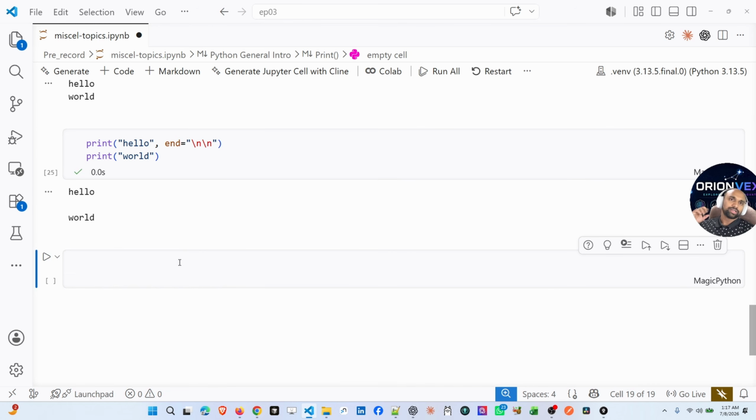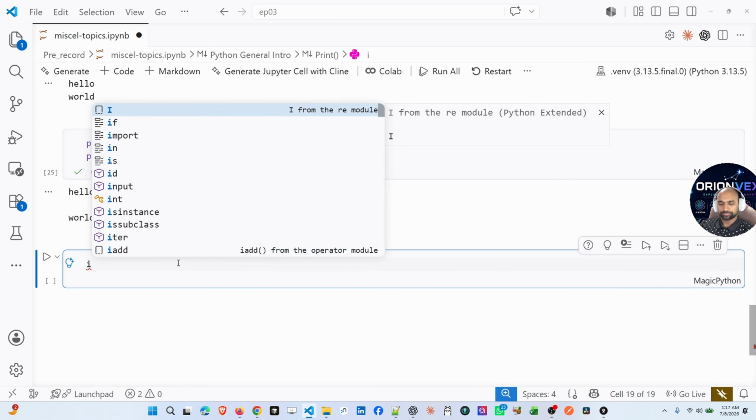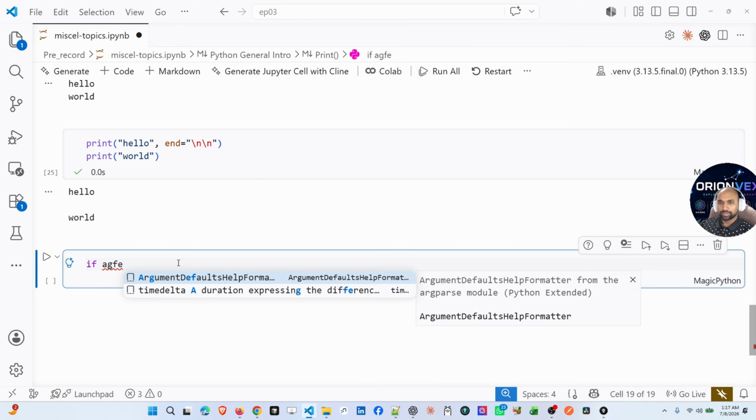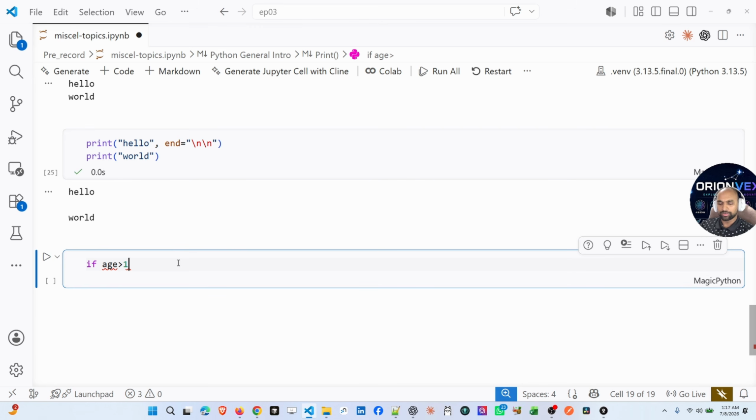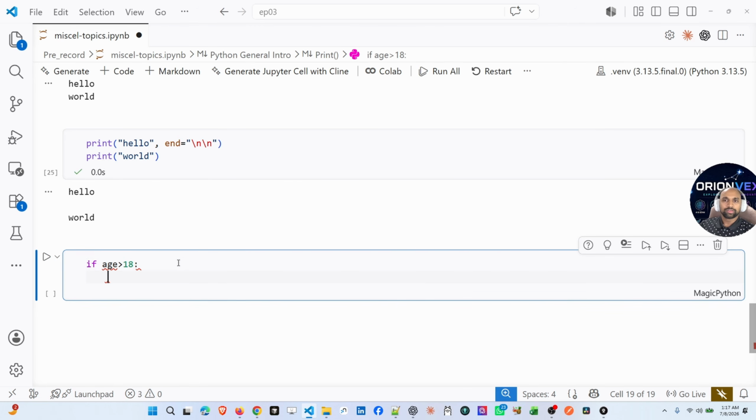Let's go ahead and see another important topic, that is called indentation. Like any other programming language, Python also follows some indentation when we write the code. That indentation has to be followed very strictly to avoid any syntax error. Let's see this piece of code as a simple if loop. If age greater than 18,